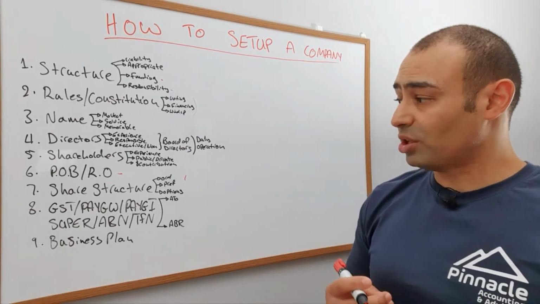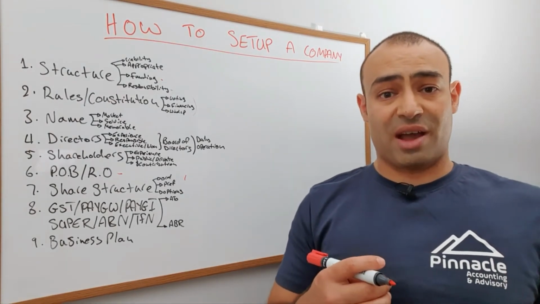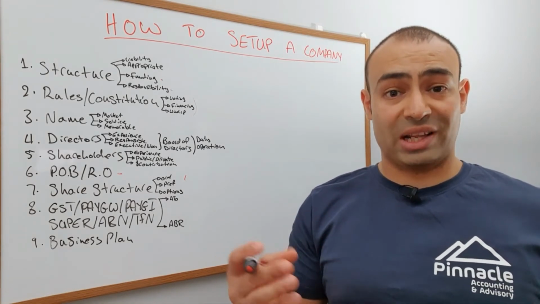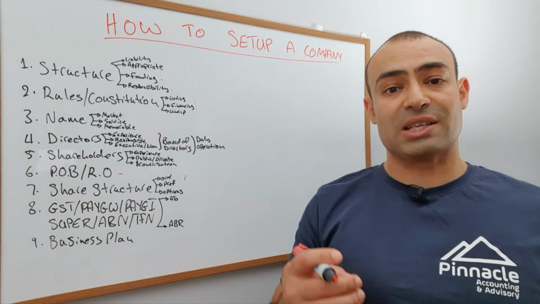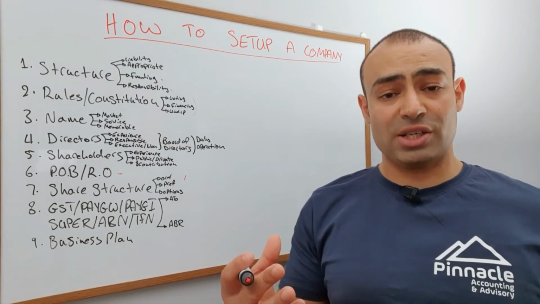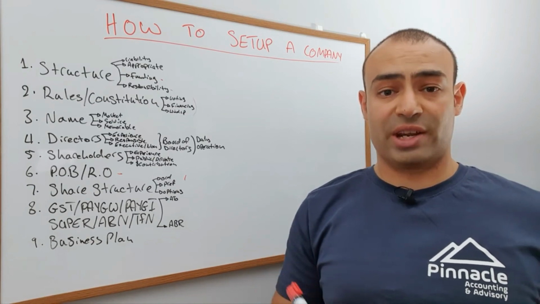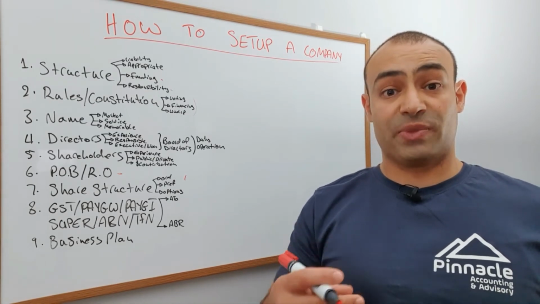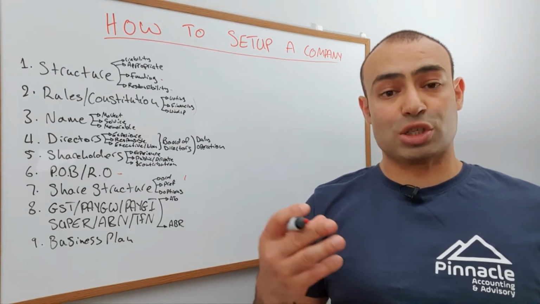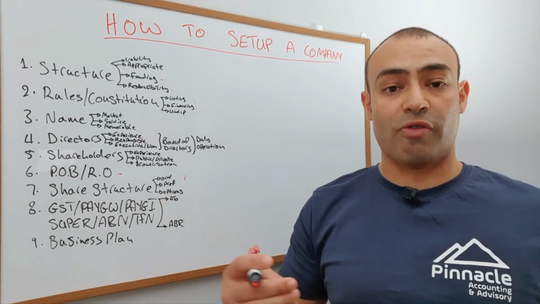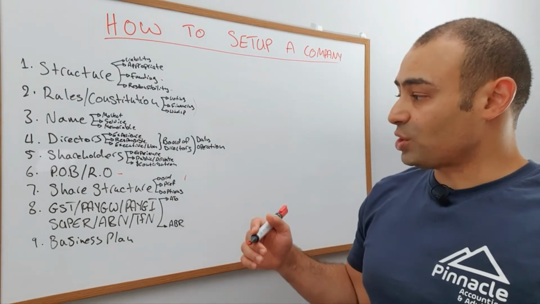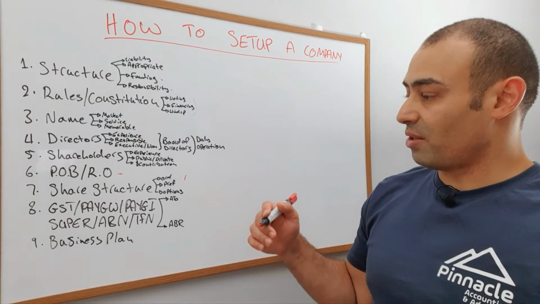The shareholders can be either family members or they can be approached directly, depending on whether the company is publicly listed on the Australian Stock Exchange or if it's a private company. A private company cannot reach out to the general public because it has not gone through the process of listing publicly. Okay. The next one is the